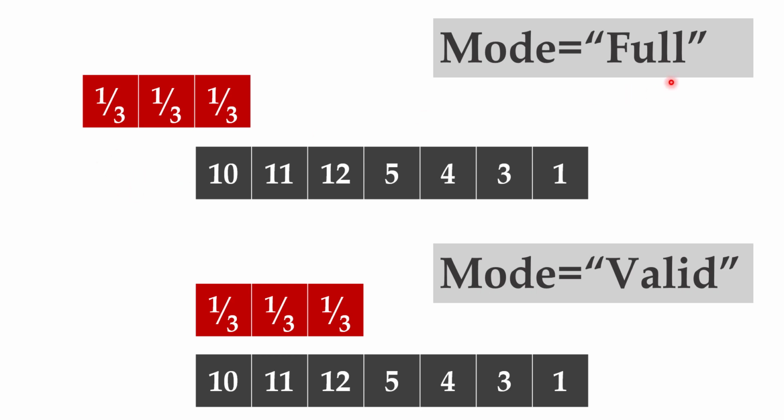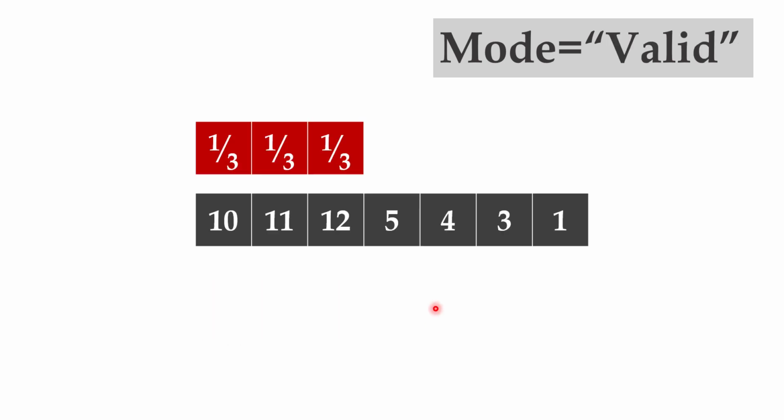Of course, in the full mode, there is no problem and you can do the calculations. But in the valid mode, this case is not allowed because you don't have two values in order to multiply. So remember that this case is allowed in the full mode, but not in the valid mode. In the valid mode, it is going to start from this case, in which you can multiply all the values together. So in the valid mode, you're going to start from this case and multiply